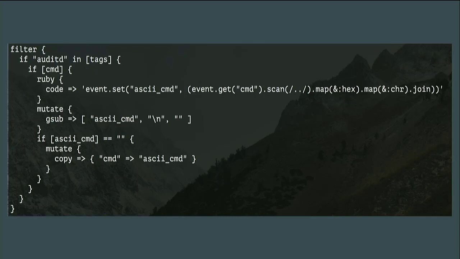But I have a filter that says, hey, if I see that, let me use a little bit of Ruby, and look, I don't write Ruby, okay? This is Stack Overflow. This is not me. I have since found out there's a better way to do this, but this was 2 weeks ago, so my apologies. But I use a variant of this, and I still do that with all of my AuditD logs, right? And so this lets me sit down and say, hey, take that hex, convert it back into something I can read. There we go.